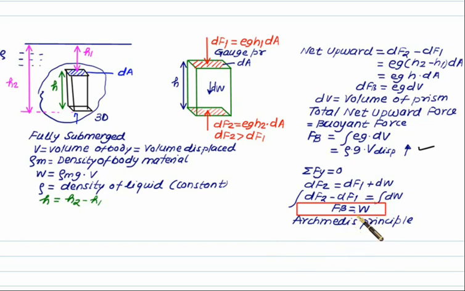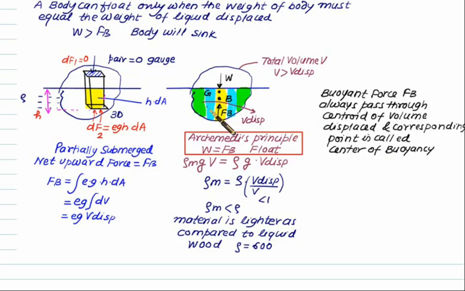If the weight is more than the buoyant force, then the body will sink. And if the buoyant force for the entire body is more than the weight, it will be partially submerged. That is, some part will protrude above the free surface. So this is an example of a partially submerged body. This time, the portion shown below the free surface is the volume displaced, and the total volume is equal to V. So the total volume V here is more than the volume displaced. That is the case of the partially submerged body. The second case is a fully submerged body, if it is entirely lying below the surface. When it is fully submerged, we have V the same as V displaced.